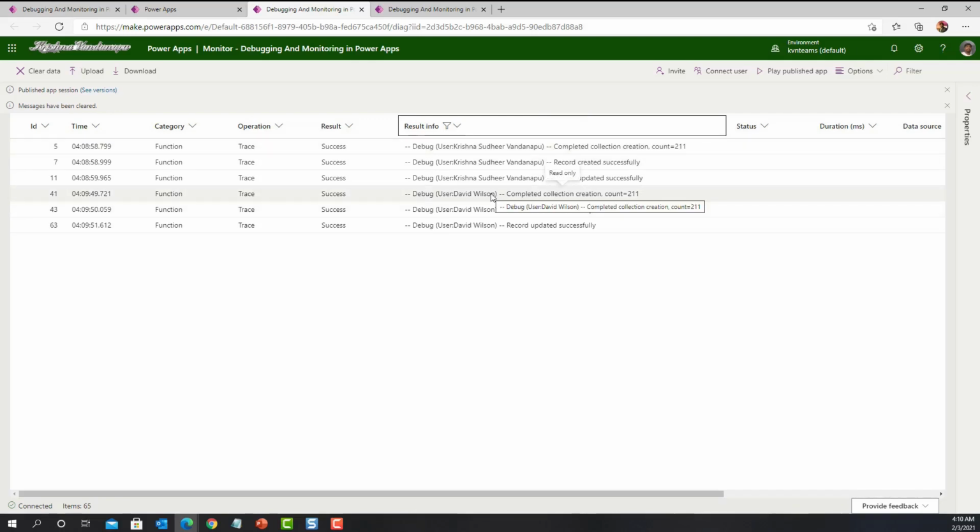This is how I can debug or monitor what is happening at the production environment or a test environment apps happily. This is how I can ensure that, okay, this user account is not having access. This user account is not getting permissions to perform some action. I hope this monitoring will help you when you are doing the debugging on a published or production app.